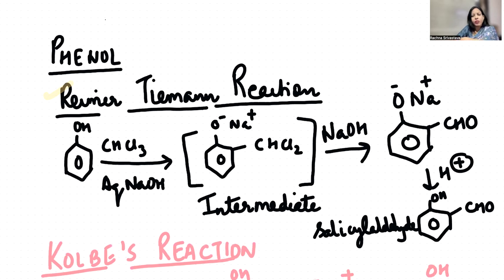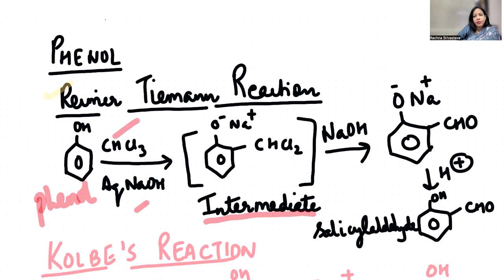I have brought a very compact reaction for you in which your phenol is reacting with chloroform and aqueous NaOH. So first you get an intermediate product. Please remember children that for organic, it is mandatory to write the IUPAC name for both reactant and product. Your entire reaction is correct, but here you have to write the term phenol. Now your phenol is reacting with chloroform and aqueous NaOH, giving an intermediate product.